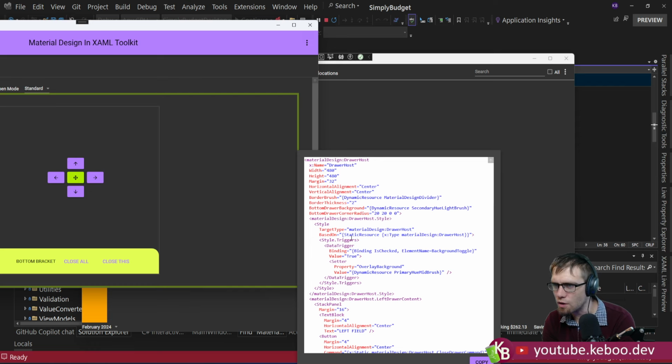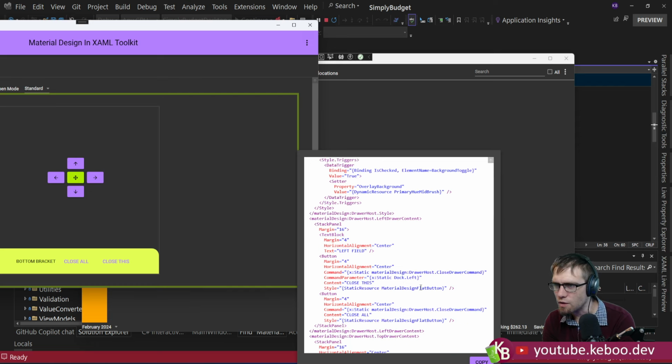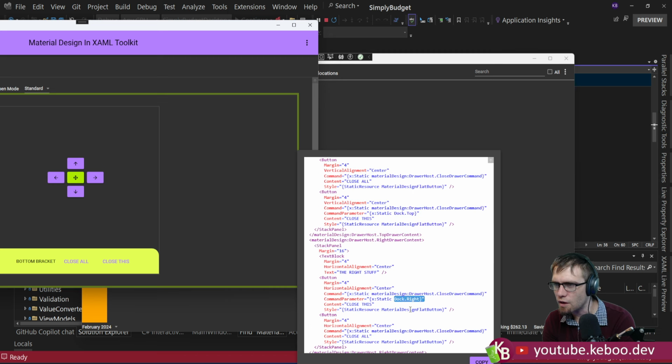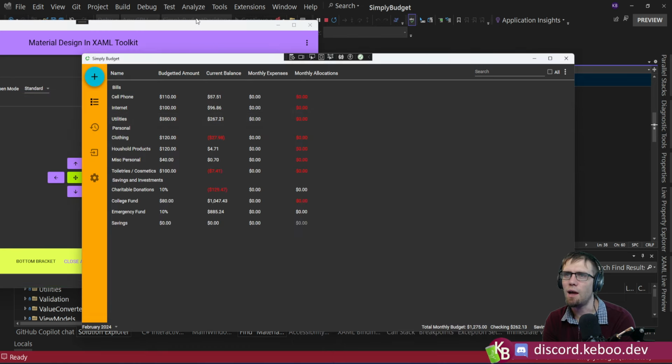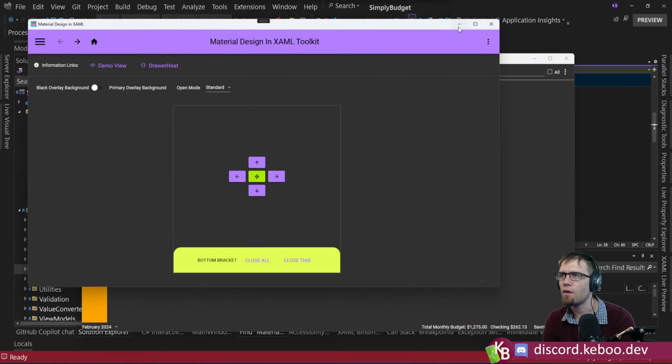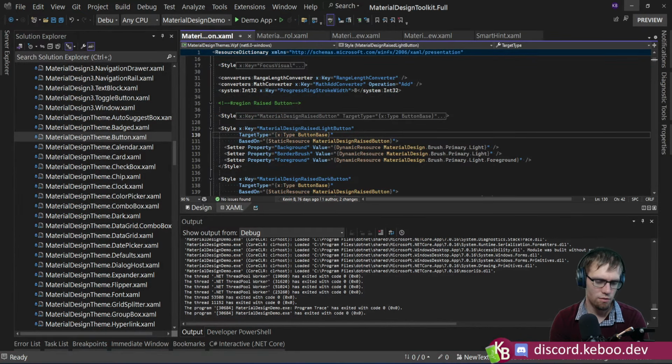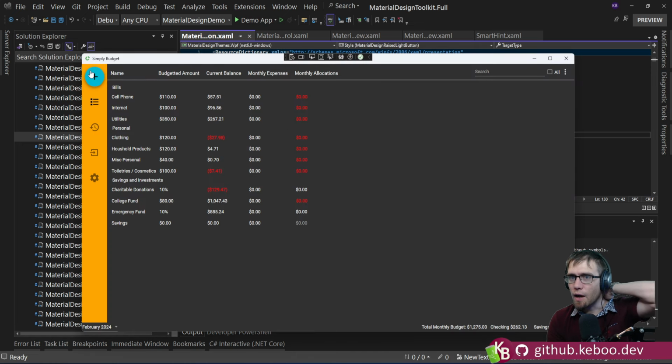Okay, so we've got the drawer host style. It's all well and good. We've got some drawer content. These are using the relay commands. I bet you without the commands, drawer host properties don't trigger animations. Okay. Okay, well the only visual problem I see,